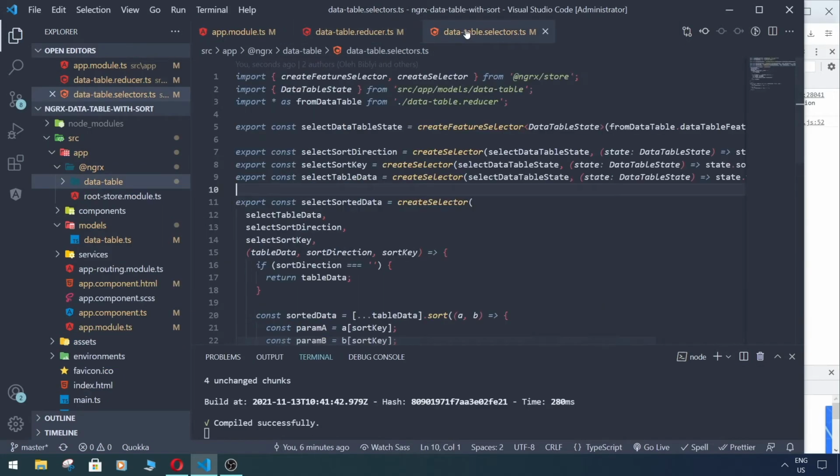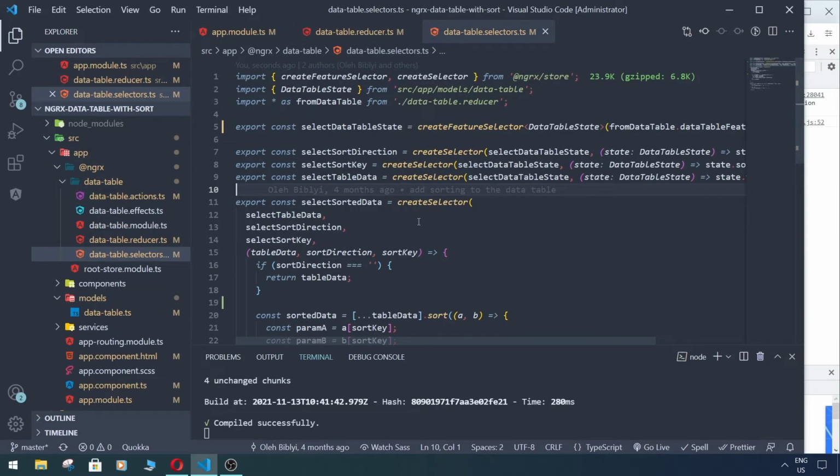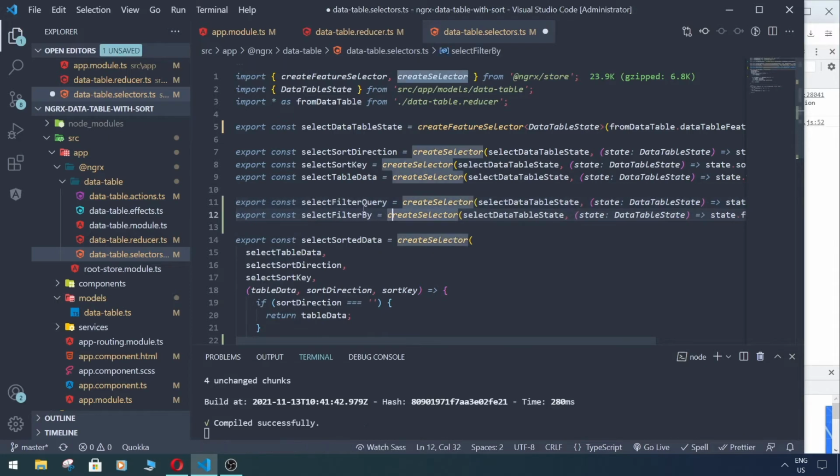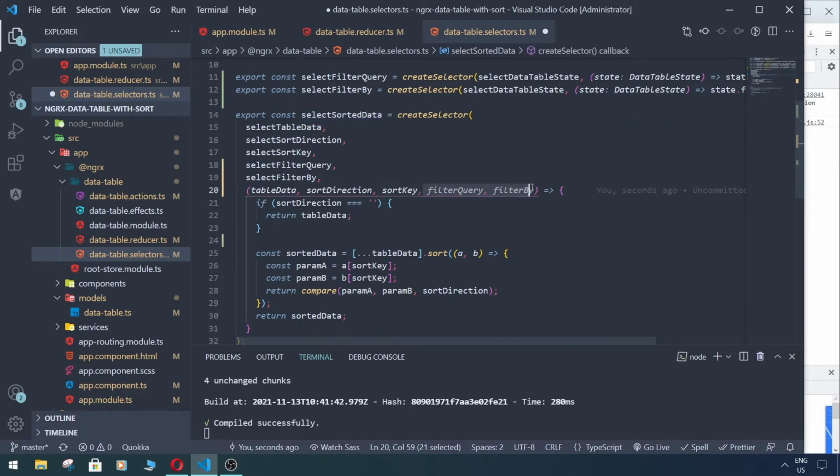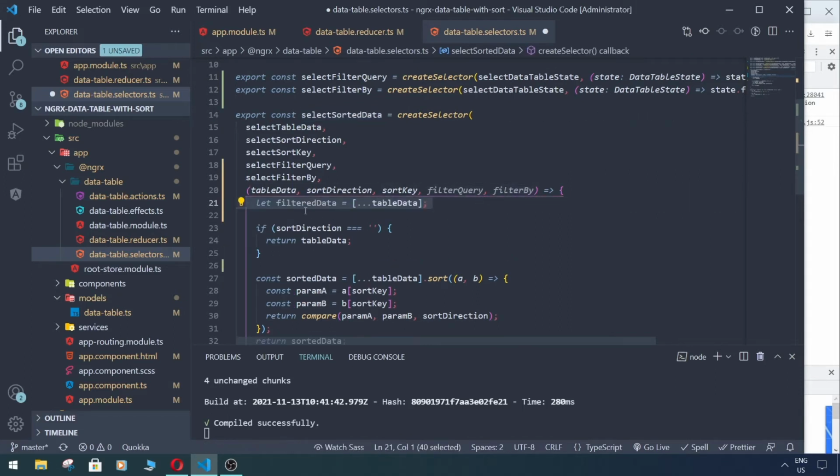Now in our selectors we need to create two more selectors, filterQuery and filterBy. Also we need to pass them to our sorted data selector. Actually we can call it selectFilteredAndSortedData, but whatever. So we add these two parameters here. We create a variable filteredData,